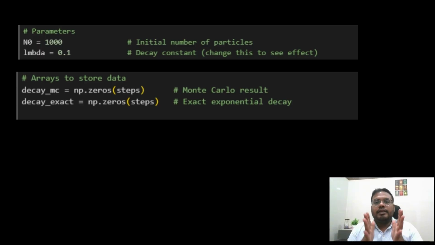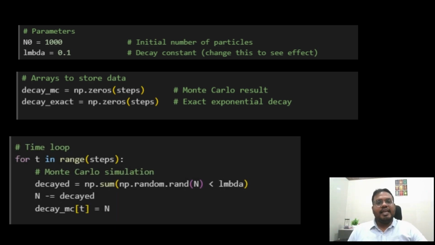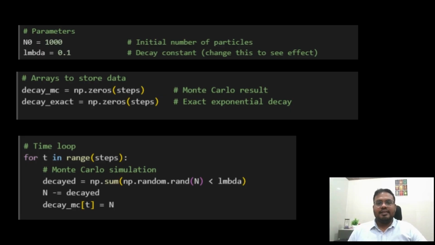Here we are going to use a for loop for our time loop. Next, the interesting part comes, np.sum and the np.random library. This is the best part. This is the Monte Carlo part. Here, first we generate N random numbers between 0 and 1. For each random number, we check if it is less than 0.1 or not, because we set our lambda value to 0.1.